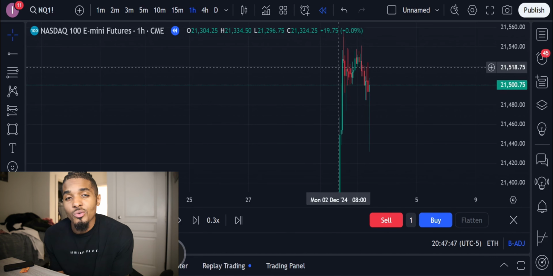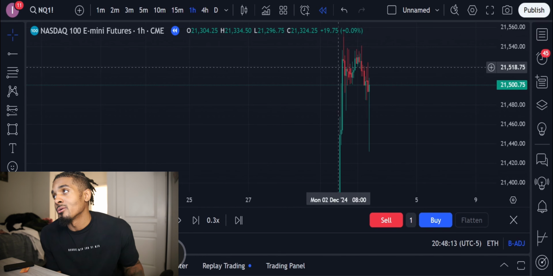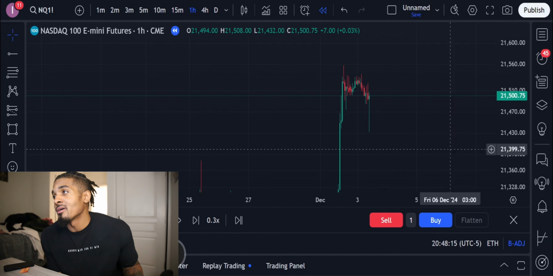You want to use the 1 hour and the 4 hour and the daily. You use the daily for your daily bias and even the 4 hour for your daily bias, but the 1 hour and the 4 hour is going to show you the direction of price, and then you use the shorter time frames to catch optimal entries. That's what's gonna make the most sense. But yeah, so for this A+ setup,